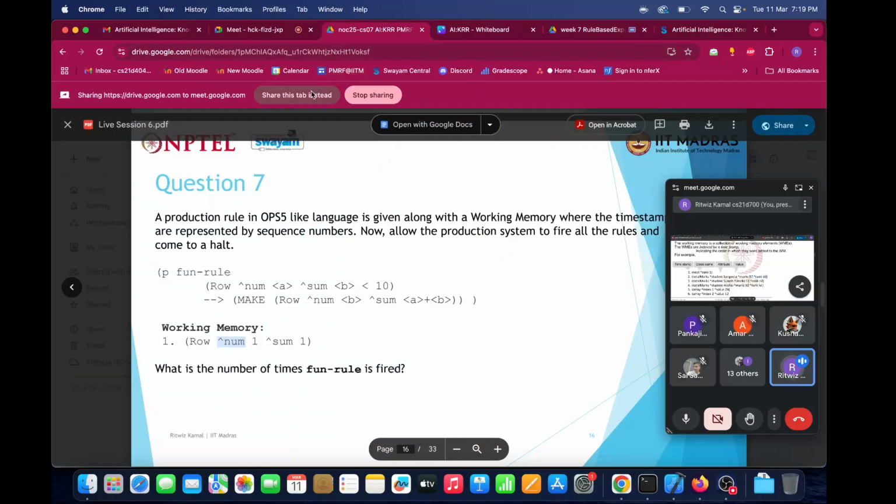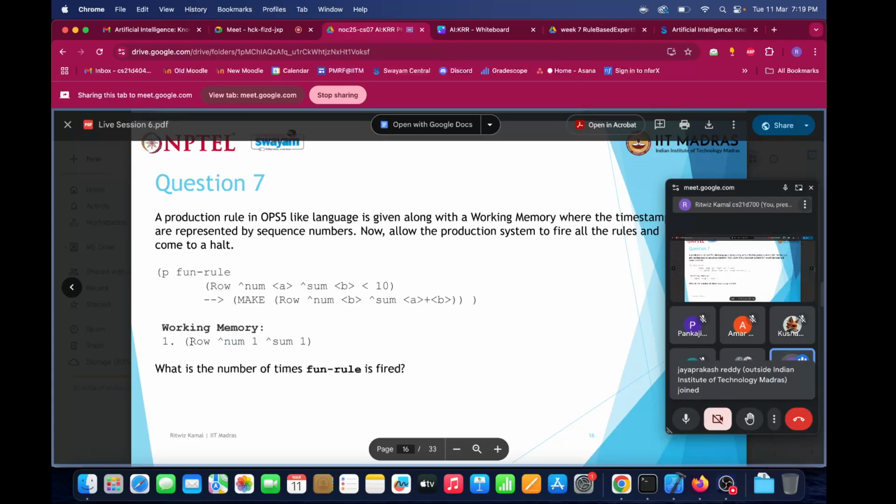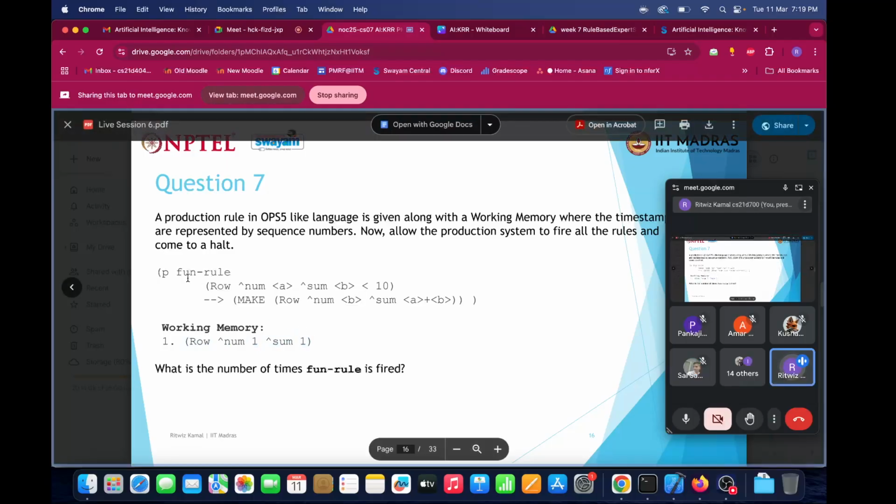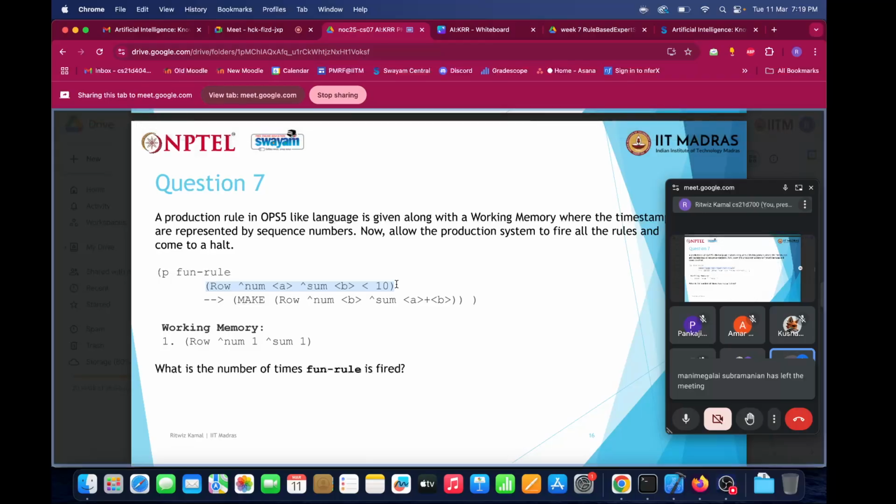Now let's go back to the working memory given to us. Here we had the class name row, the attribute num with value 1, and the attribute sum with value 1. Now the rule given to us is this whole thing. The first part is the name of the rule, which is called fun rule. The second part is the precondition that must be satisfied in order for us to execute this rule, or fire this rule, which says that